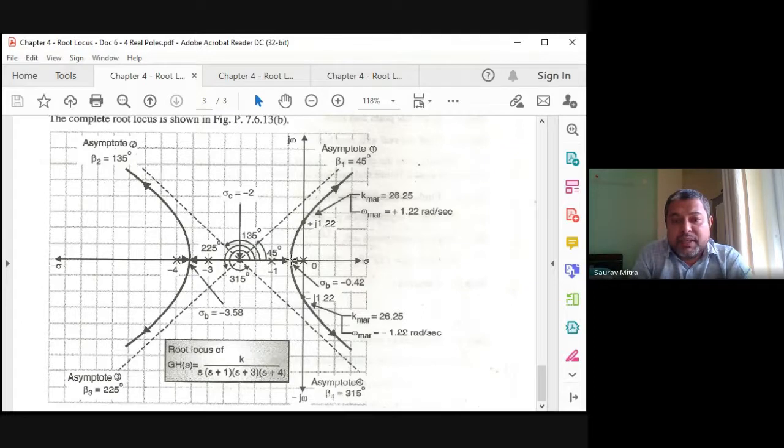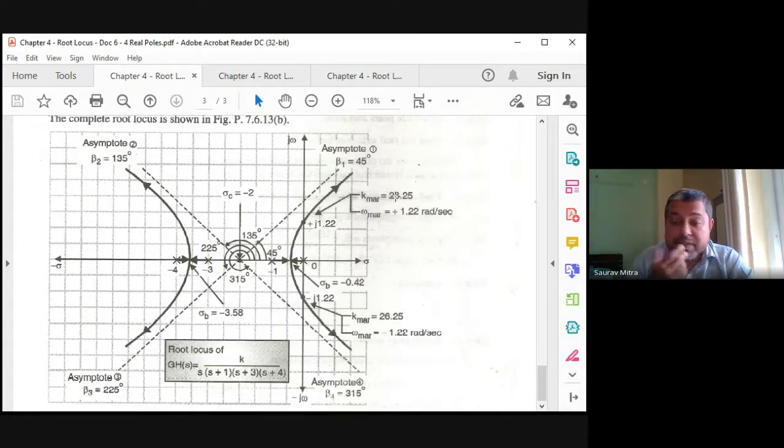So this is how the root locus looks like for 0 and -1. So it will go here. You are finding that at gain of 26.25, this gain we will find by using Routh-Hurwitz criteria, the input frequency is 1.22 radian per second. Either you find omega marginal and calculate k marginal from there, marginal means marginal, or generally we find k marginal by root locus. From there we find omega marginal. Steps were shown to you today also, now also I will show it to you. So first we calculate k marginal, that means 26.25.